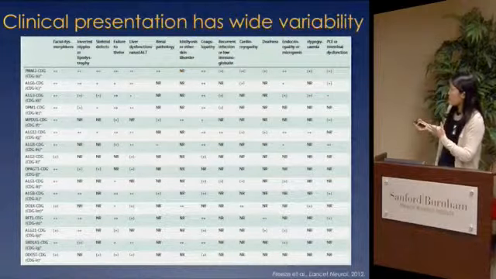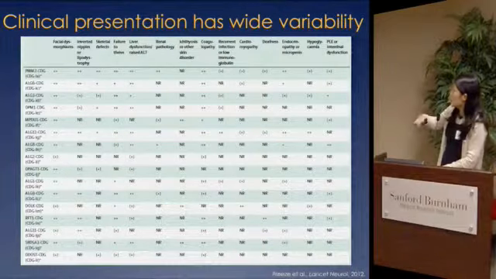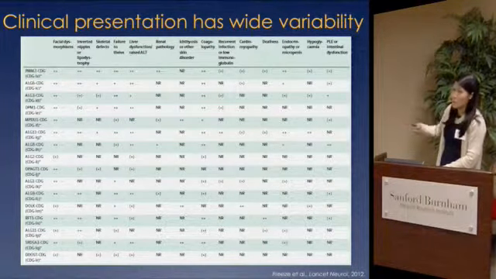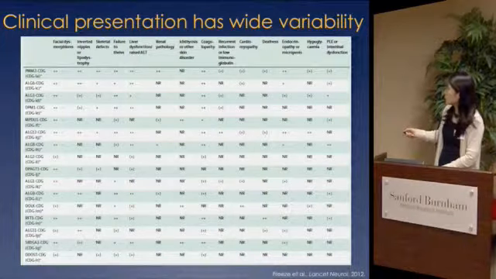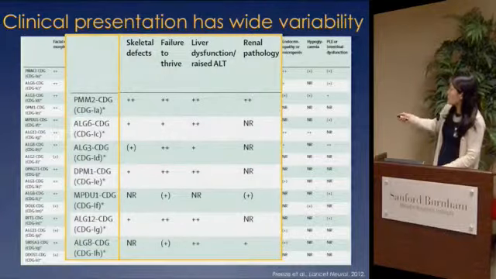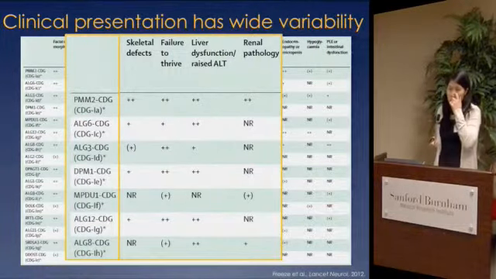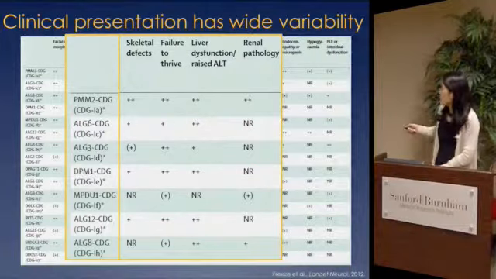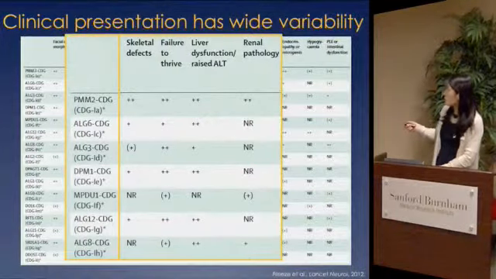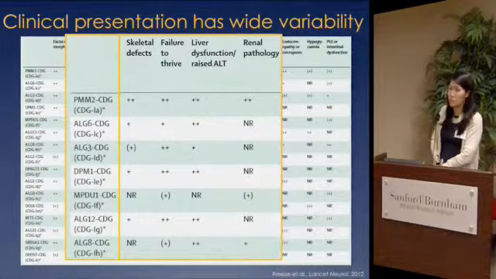This is a very detailed slide, but what I want you to take home is that the set of disorders, the CDG type 1s, are very diverse in their presentation. If you just take a snapshot of even this section, you can see that some patients will present with skeletal defects, some are not reported to have it, the majority will have it in certain types, but really the clinical presentation runs the gamut of how these patients will be affected. We initially got into CDG for the liver dysfunction, and HUD had alluded to the MPI-CDG patients that present with fibrosis.